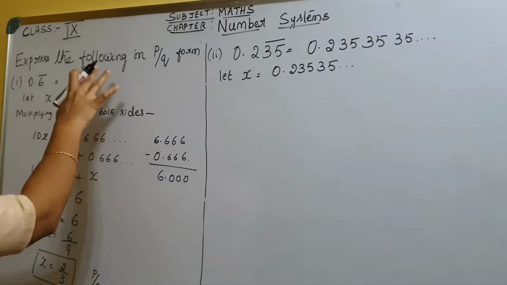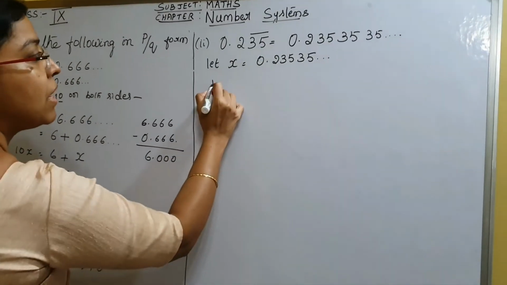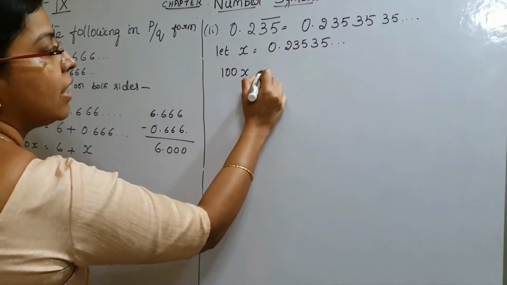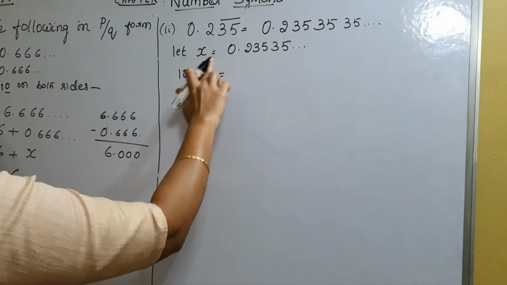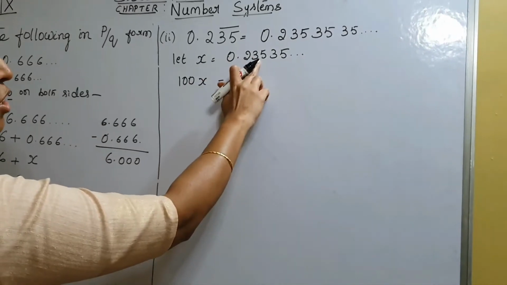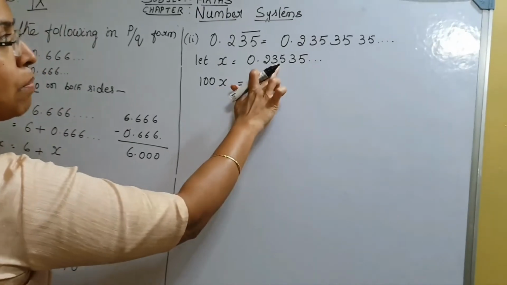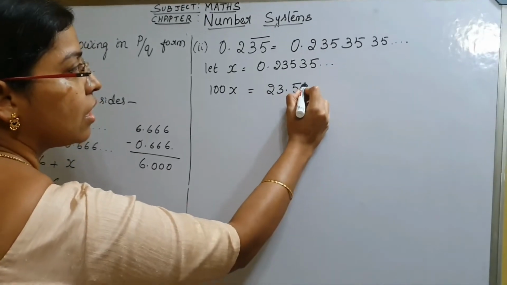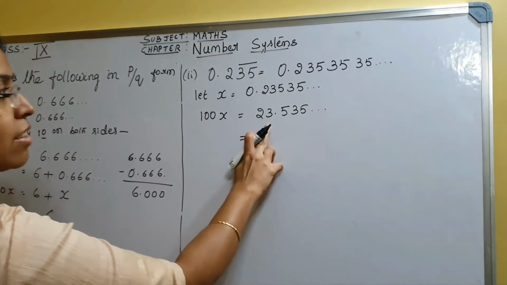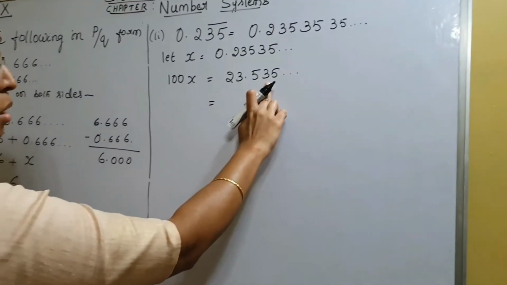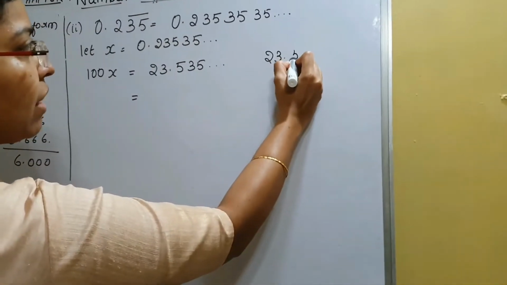Just like that, the method will be the same. The only thing is two digits are recurring. Therefore, we will multiply by 100. 100x is equal to, when we multiply this decimal number by 100, there are two zeros. So decimal point gets shifted by two digits. 23.535... And now the next step will be, we need to express this number in terms of x. So what do we do? 23.535...